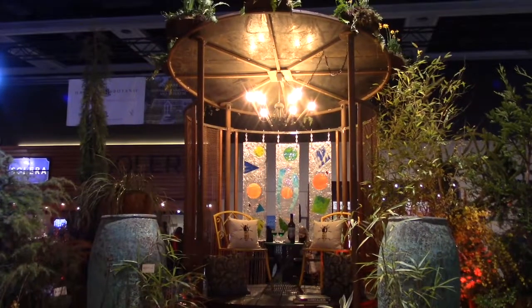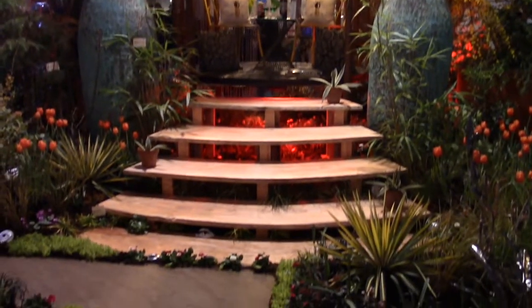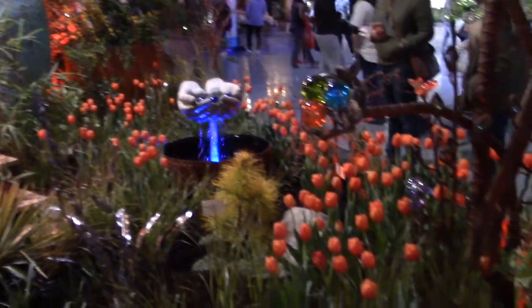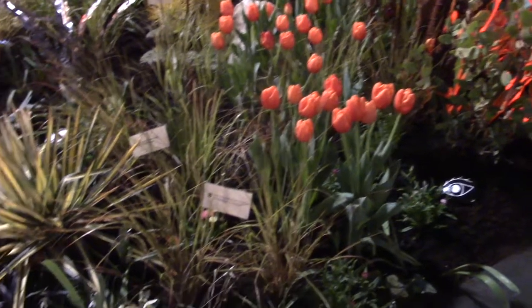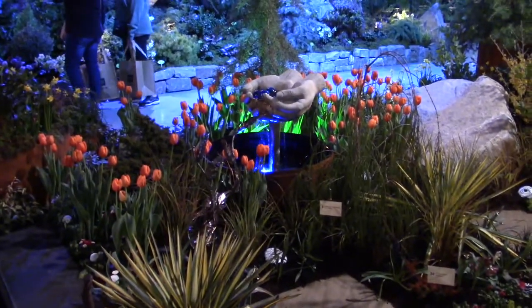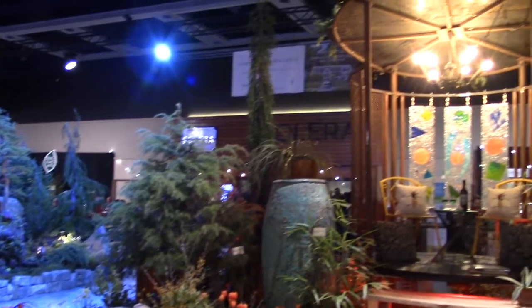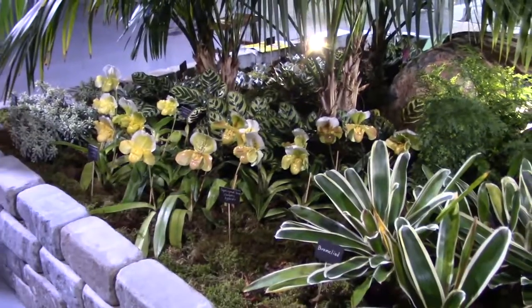This one is called the Seeker's Sanctuary, and you can see that it's a little oasis where people can come and relax in their garden. If this were your garden. But the little hand fountains are really charming, and there's a lot of use of conifers up here. I see that. And if you're into orchids,